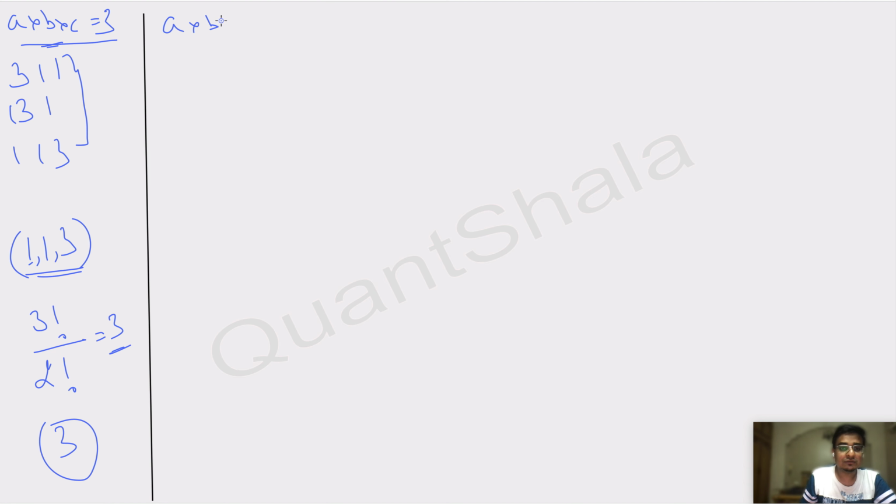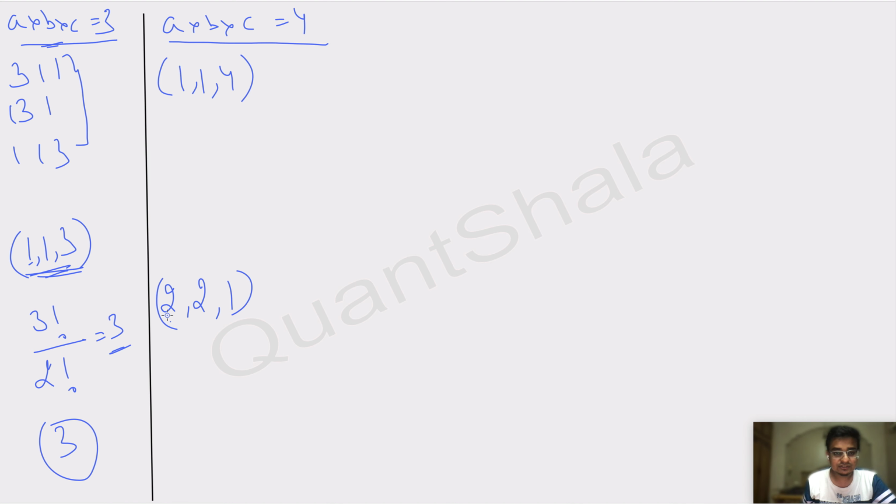Now, our second case would be A multiplied by B multiplied by C is equal to 4. In this case, there would be multiple options. Let's first try to make this sort of a set. Either we need exactly 4 and the other two should be 1, and A, B, and C would be some ordering of this. Or what could be the other case? It could be 2 comes 2 times and 1 comes 1 time. Again, in this case also, we get the product as 4.